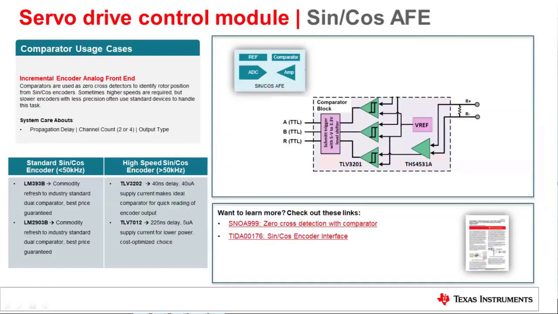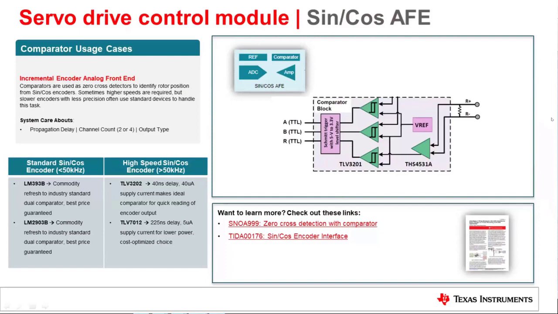And lastly, these are some quick applications. I'm not going to go through the exact details of the comparative function here, but I'd just like to make a few quick points for anyone interested in servo drive or motor drive. Comparators are typically used here for sensing the rotor position. And again, just pay attention to this bottom left bar. The idea is